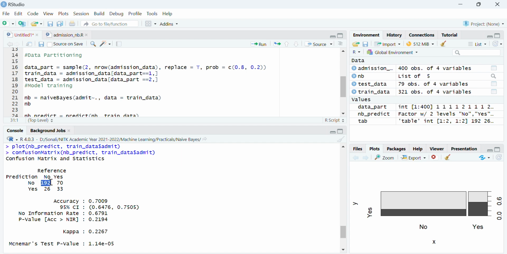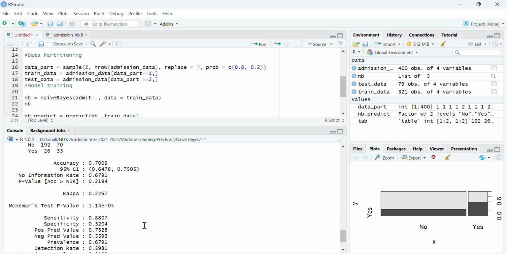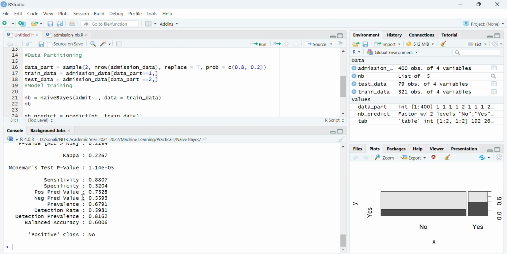So 192 are actually no, predicted as no. 33 are actually yes, predicted as yes. These are the wrong classifications. So accuracy is 70%, so misclassification is 100 minus 70, that is 30%. The 95% confidence interval says the accuracy will range between 64 and 75%. And the P-value, kappa value and other statistical measurements are given over here.